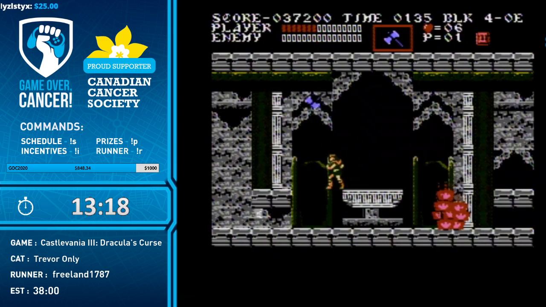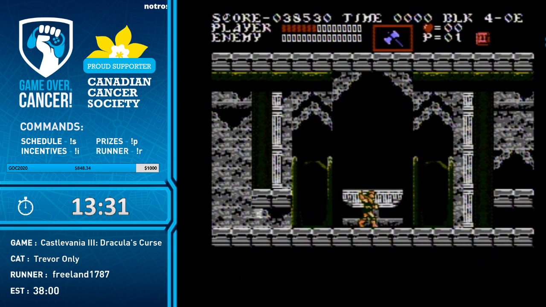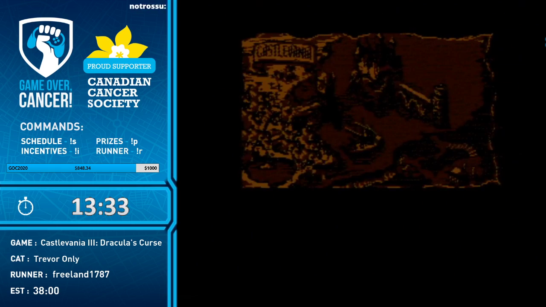Make that Cyclops 2 Freeland. Forgot about the last. And we're gonna finish with this stage with Trevor Belmont about to throw his fastball. Alright, stage 4, we're going to stage 5. Get past the first section of stage 5, I think I'll be able to resume